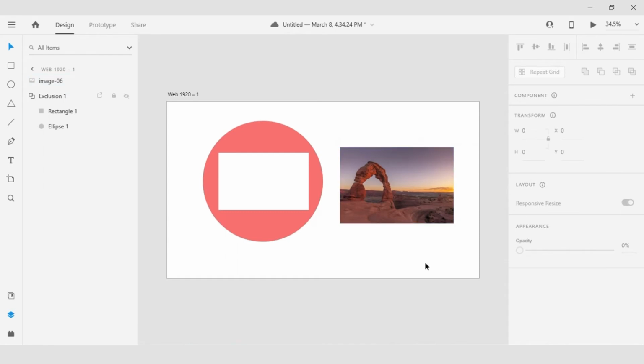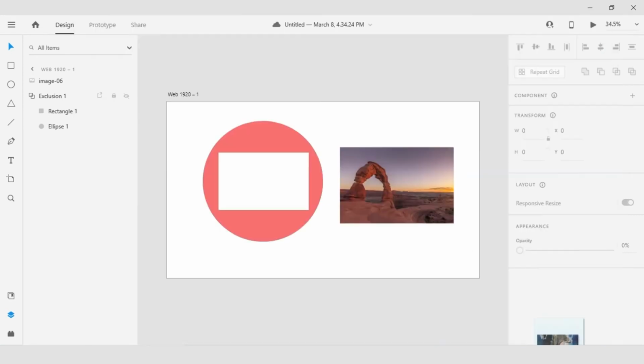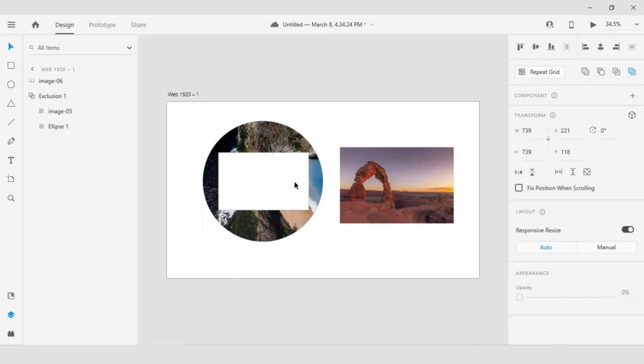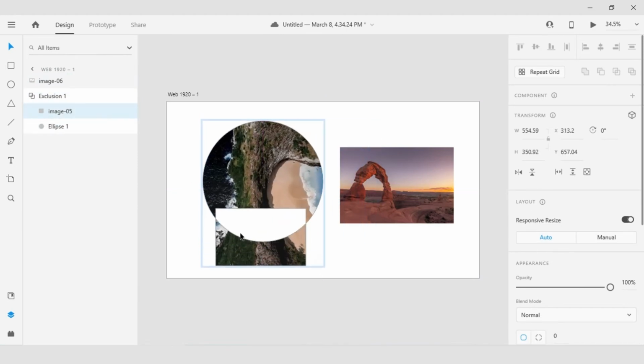If I want to do that same thing with the boolean group that I have, I will switch back over to the images folder, and this time, for the image that I want to place inside that shape, I am going to press and drag it, but not directly on the design canvas. I will keep dragging until I see the shape that I am dragging into highlight, and when I release, it's going to add that image. Pretty interesting with that funny boolean.